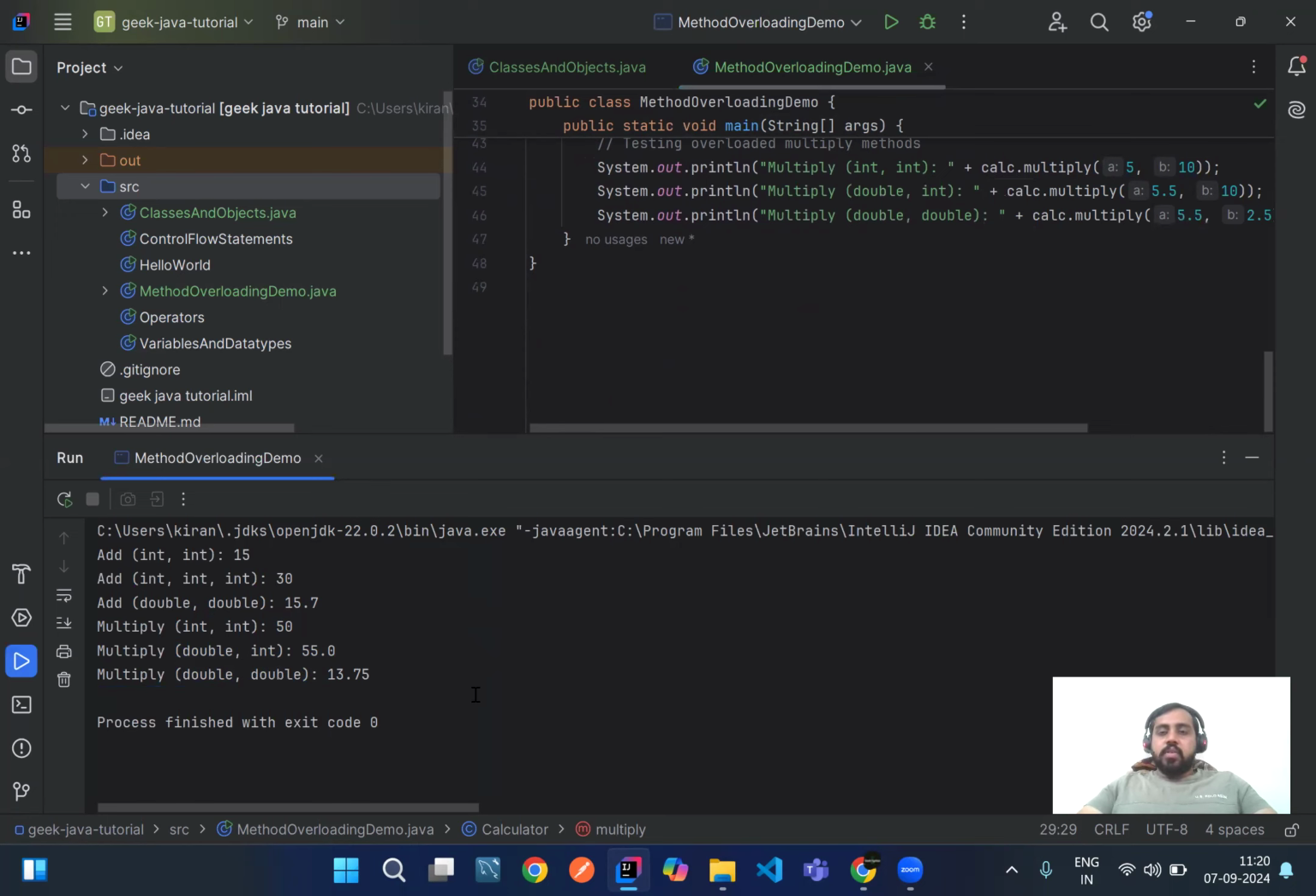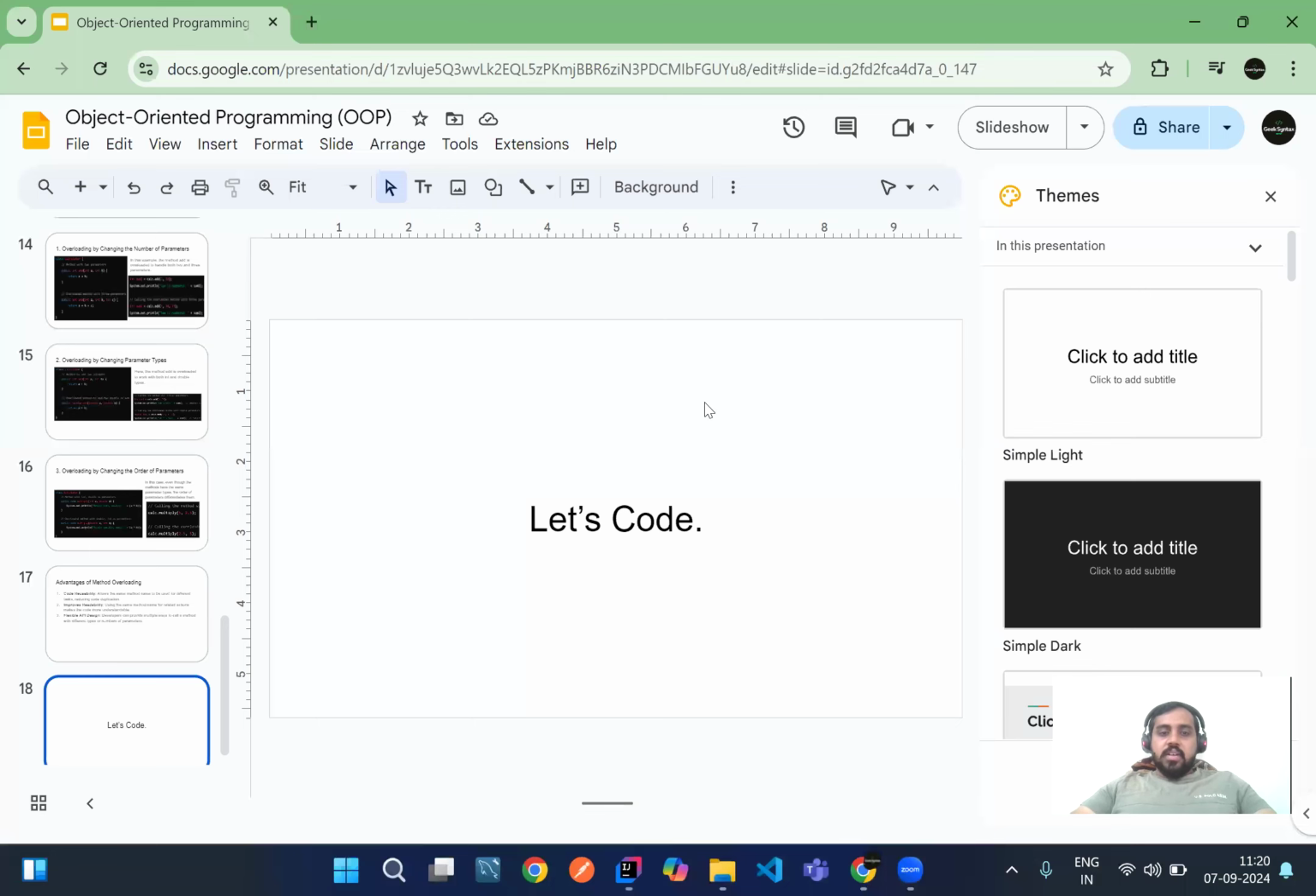We'll see in the next video how method overloading will be more important in concepts like interface or inheritance, a lot of these concepts. So this is what we discussed now: concepts like class and objects, constructors, and methods and method overloading. In our next class, we'll see